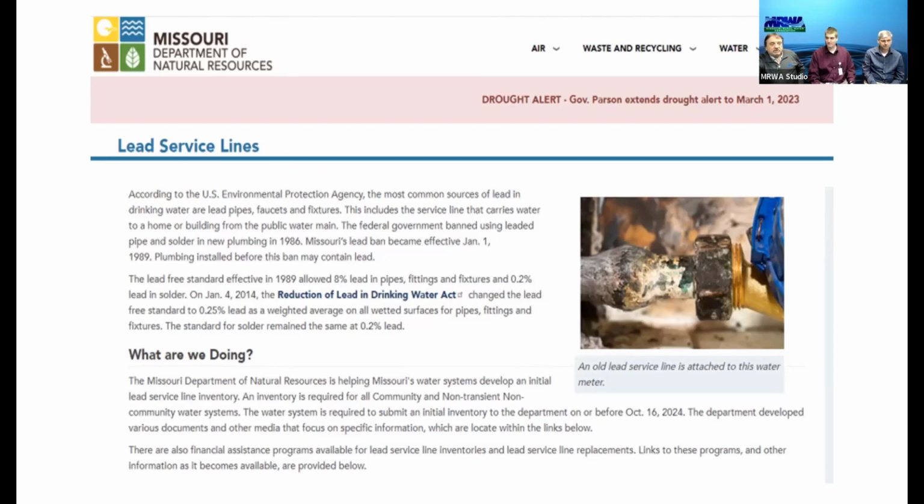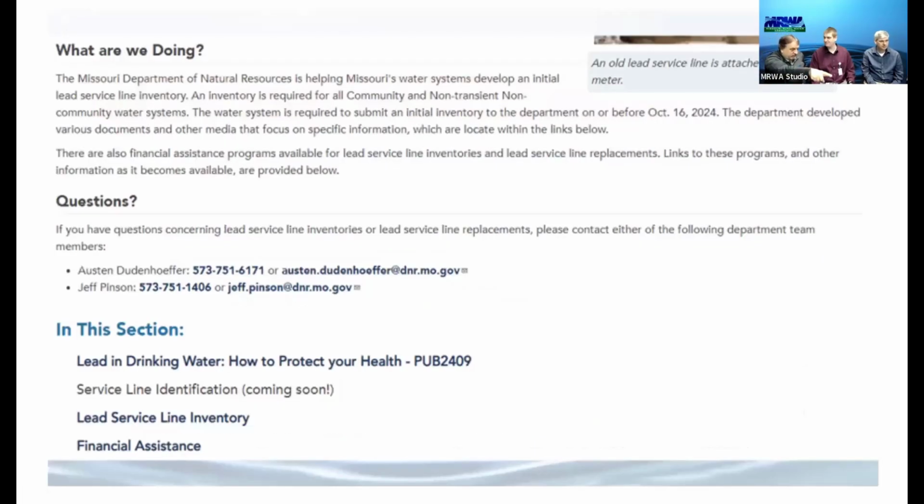Next slide. Now, this is the other part of your spreadsheet. You can click on it down there and download it from the website. It does have Austin and my contact information on there, so if anybody needs to, contact us; there are our phone numbers and email addresses. We'll have that at the end of this slide. If you would copy them down, because as you go on through this, these are the two that you need to talk to if you have a question.